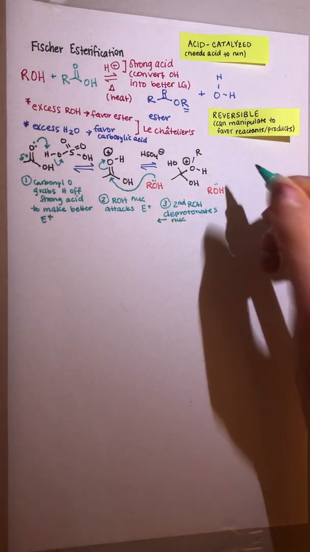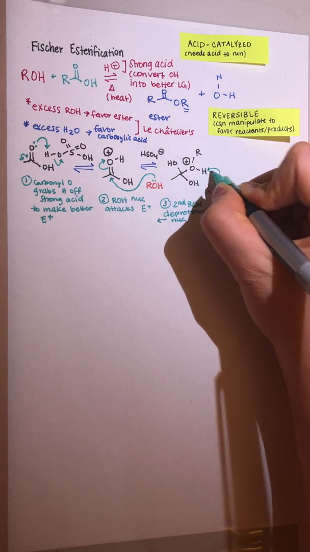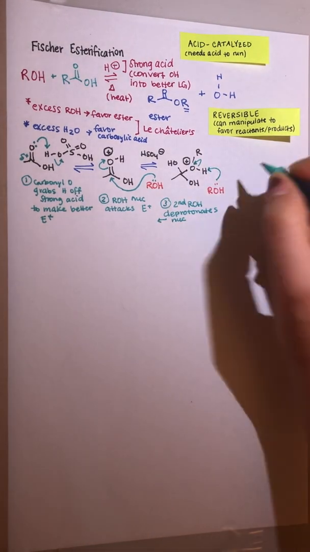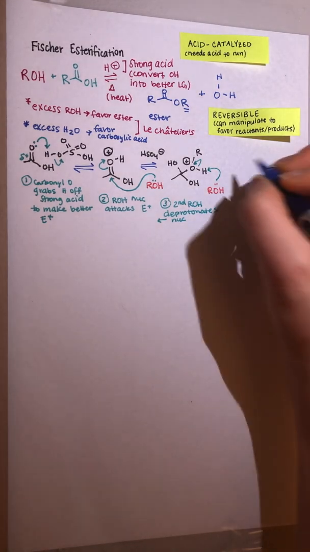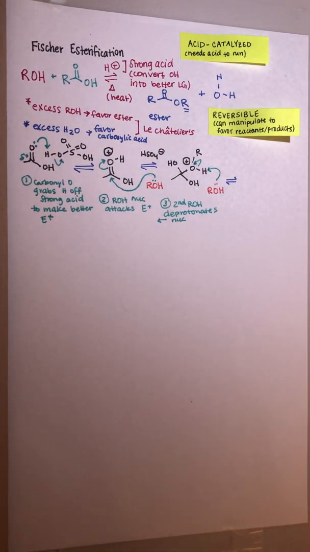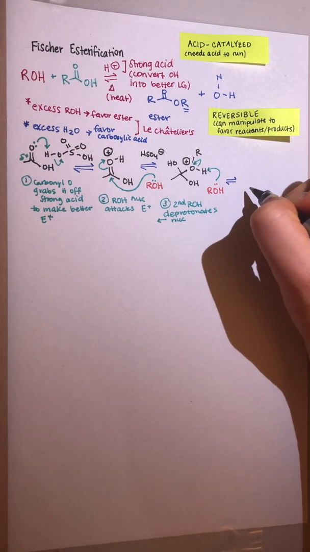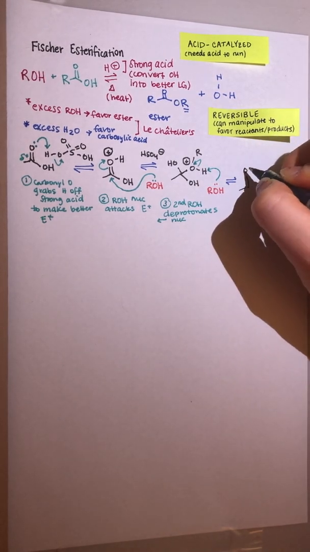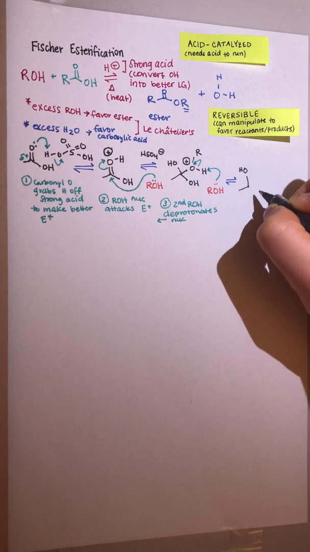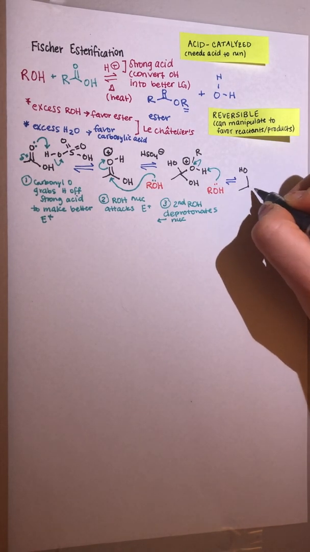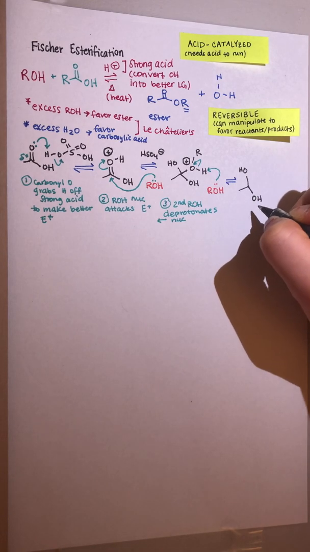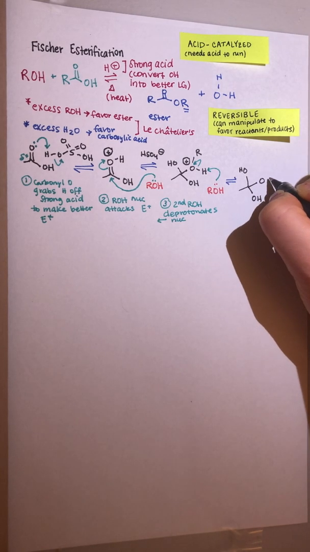Okay, so here's what's going to happen. These electrons will grab that H, donate to O, right? So in the next frame, we've got the same structure. We didn't touch that OH. We've also got this OH here, which we also didn't touch, and then we have OR, which is